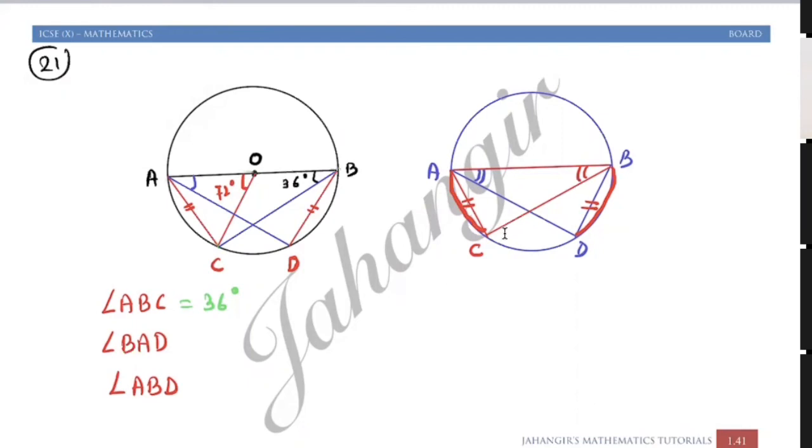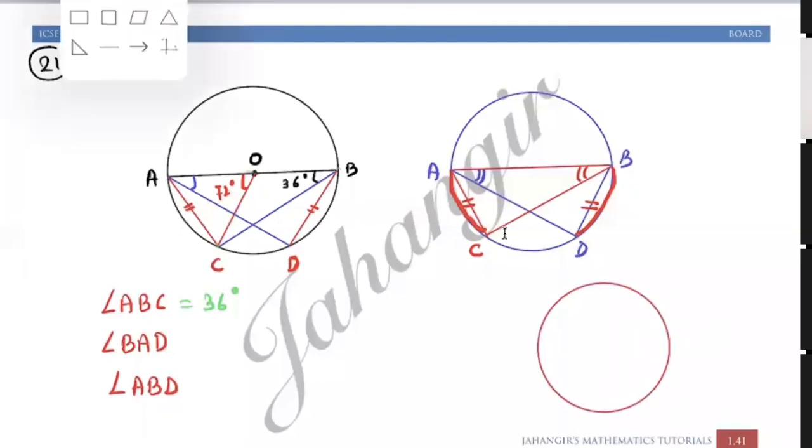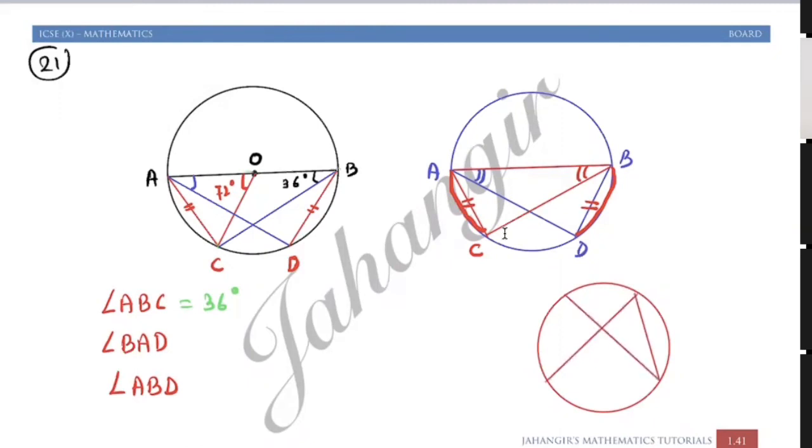So, we say angles inscribed in the same arc are equal. Why is it equal? Because it has been inscribed in the same arc. But if the angle is inscribed in two different chords in two different arcs, and both chords or arcs are equal, that means the angles are also equal. Equal chords subtend equal angles. You learned this in the 9th standard chord property theorem. Equal chords subtend equal angles at the center.